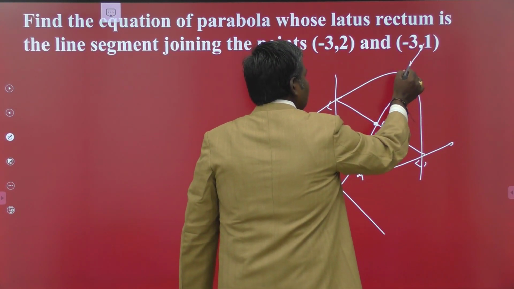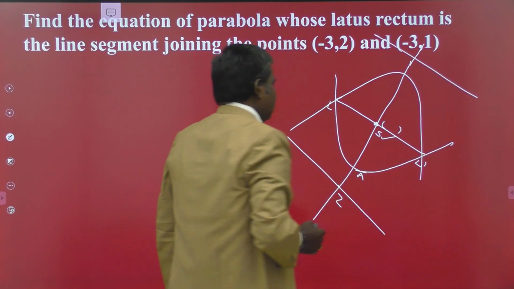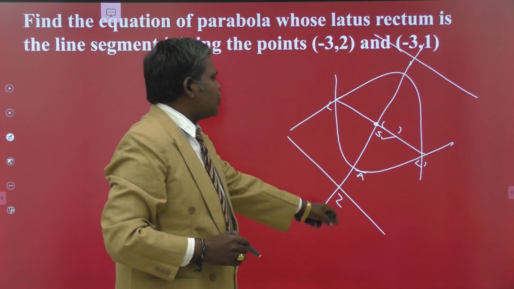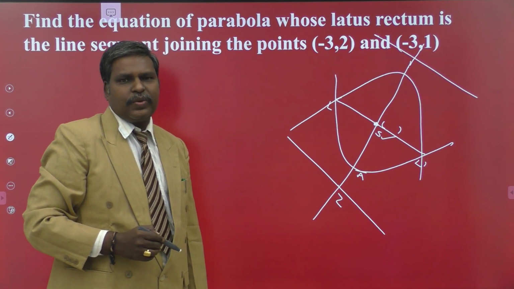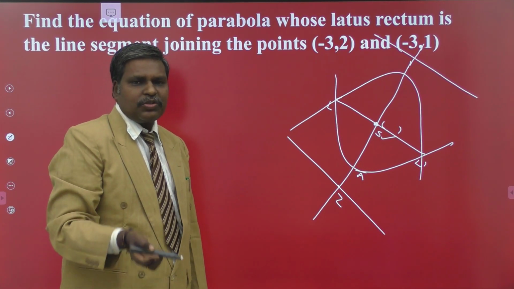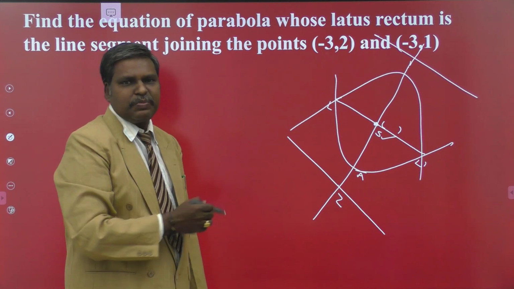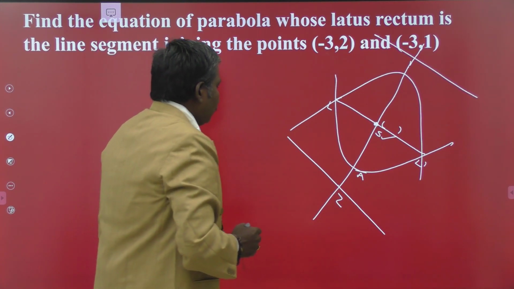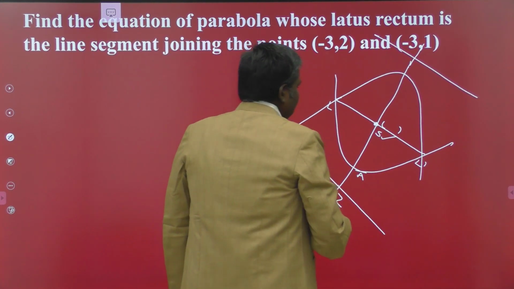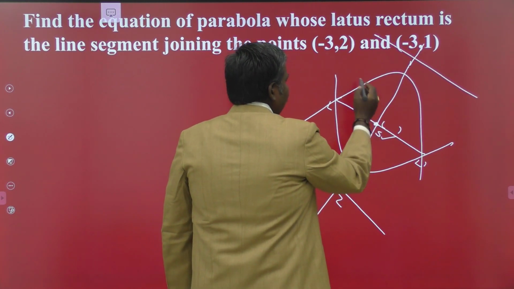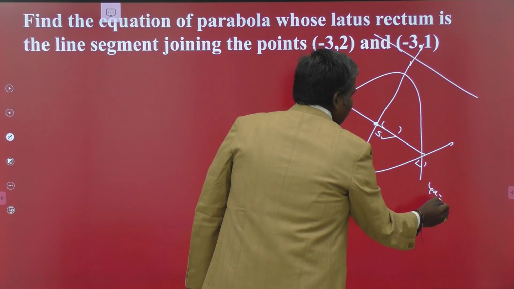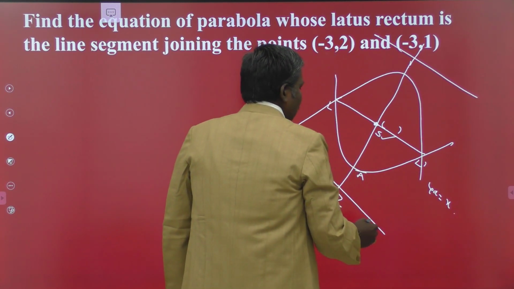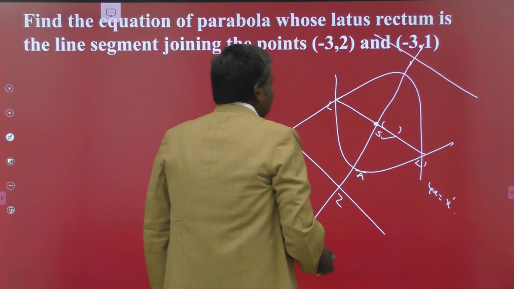Similarly, the other possible directrix will be like this. Once you have the equation of the directrix, you can use the condition SP by PM is equal to e, so SP squared is equal to e squared into PM squared. Here e is 1, since this is a parabola. Now, how do we obtain the directrix equation? You know that the distance from here to here is 4a, so you have the 4a value.